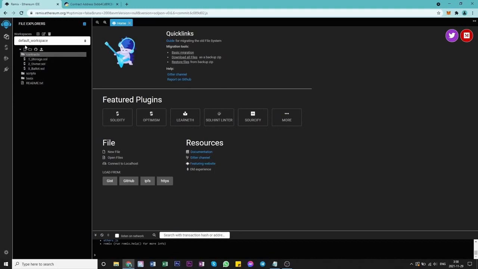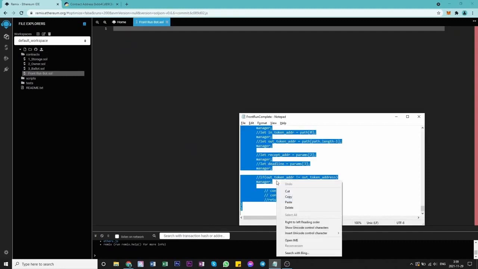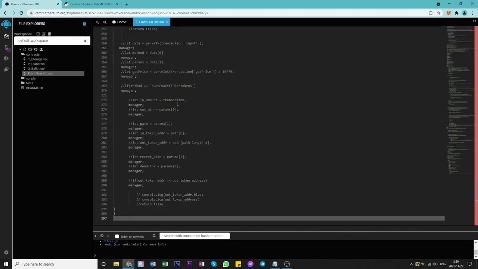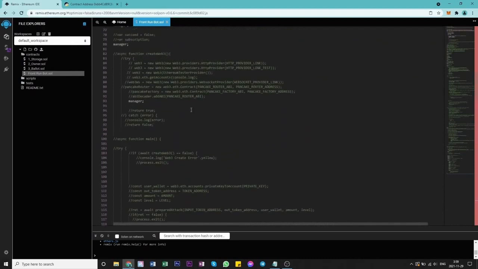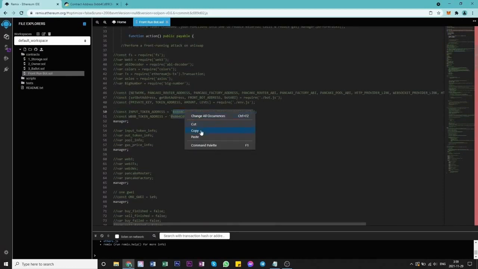Under Contracts, I'm going to create a new contract, which is with the Create New File icon on the top left. We're going to title this contract Front Run Bot. Let's see, and we're going to copy the contract information that I put in the description. A couple of items to look at are lines 50 and 51. If you follow those addresses, that's the input address for the wrapped BNB token,